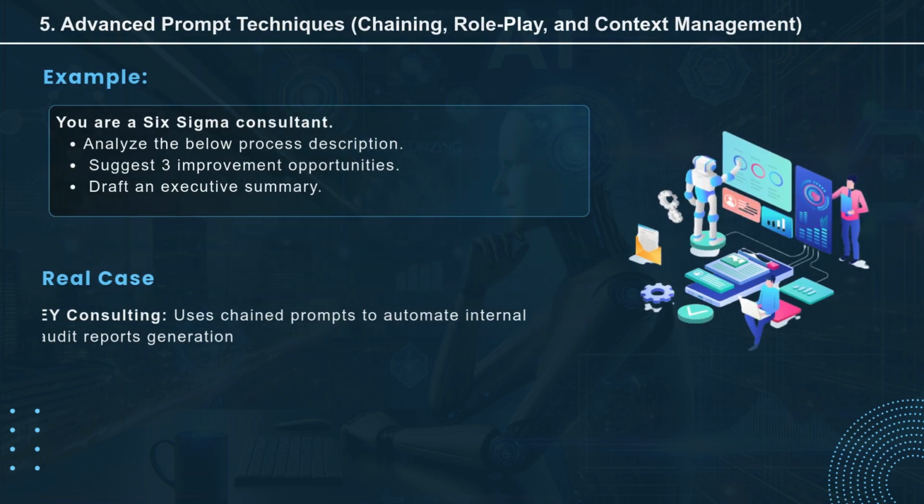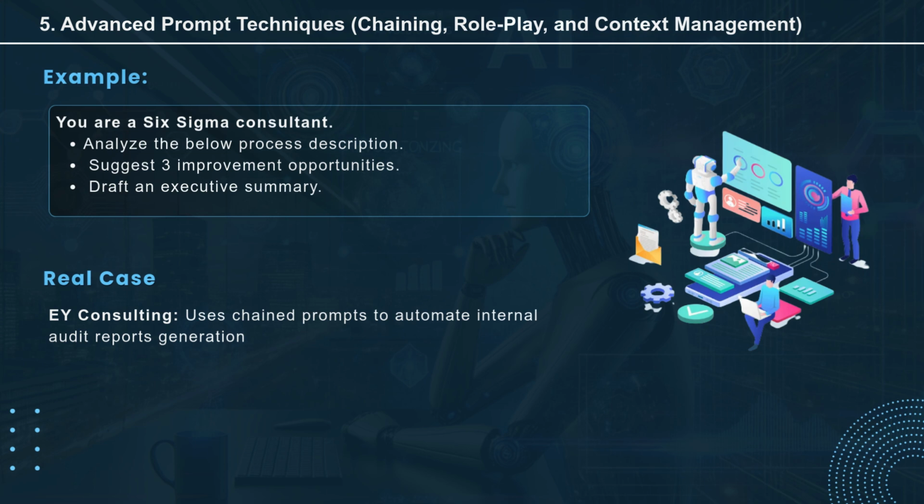This slide demonstrates how advanced prompting works using a real example. The prompt assigns a role, a Six Sigma consultant, and breaks the task into 3 clear steps: analyze, suggest improvements, and create a summary. This shows prompt chaining and role play in action. The real case highlights that EY Consulting uses these techniques to automate parts of their internal audit report process, improving